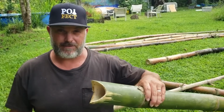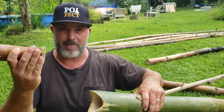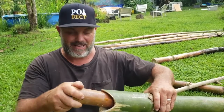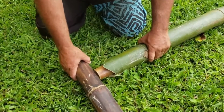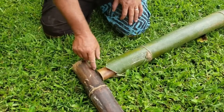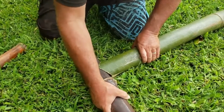Alright, to make a modified fish mouth joint, we're going to take the fish mouth that we already created, and we're going to take a bamboo insert that's a little bit smaller. We're going to be able to slide it right in to this piece here, and then this piece will fit into this piece here. But first we have to measure out our hole and then drill a hole. So first, in order to do that,